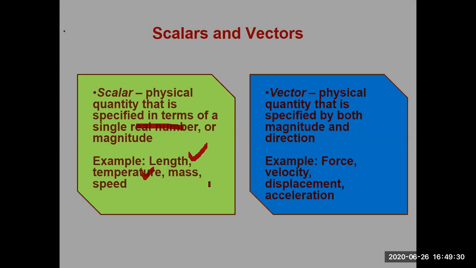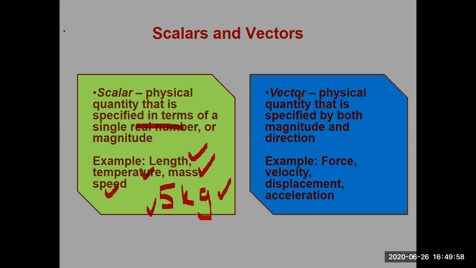Temperature, 37 degrees, you don't know what the direction of the temperature is. Mass as well as speed. For a quantity like mass, it is 5 kgs only. This is the technique to represent any type of scalar quantity. So this 5 is basically the magnitude and this is its unit. They need only magnitude and unit.